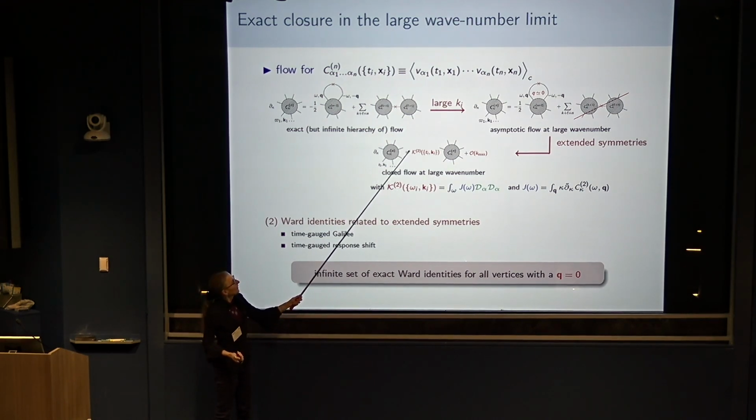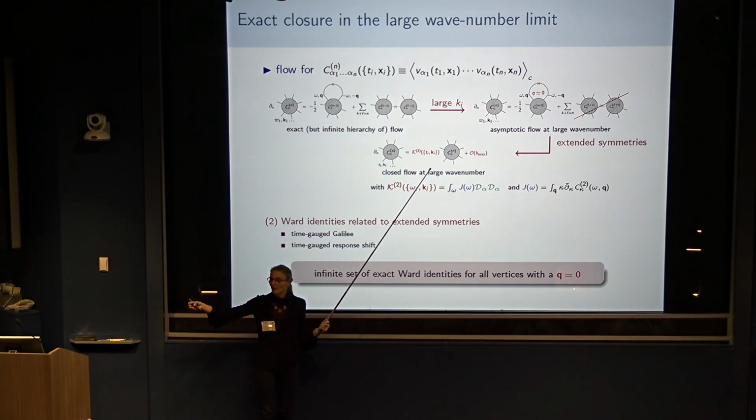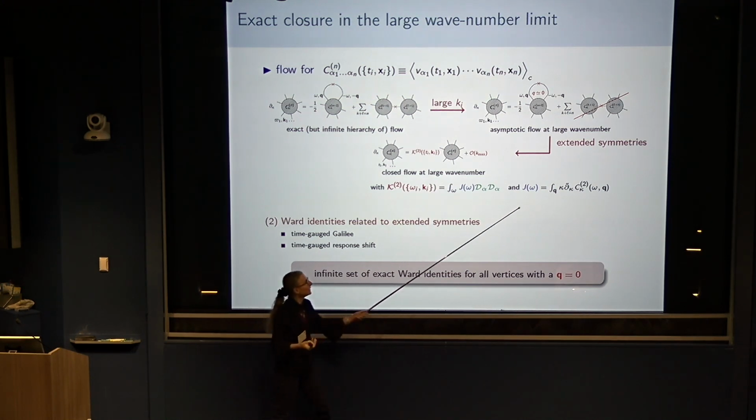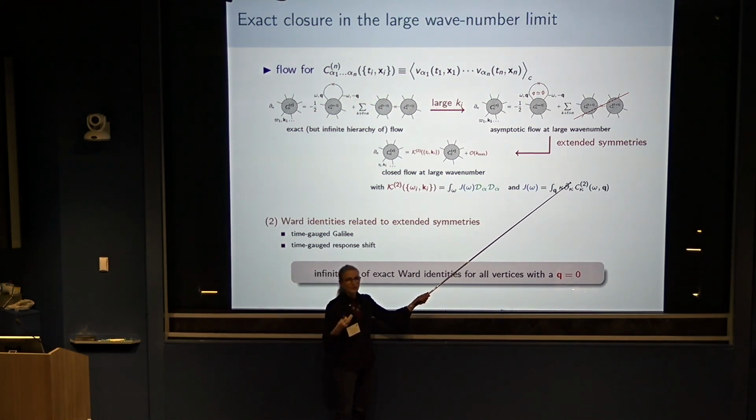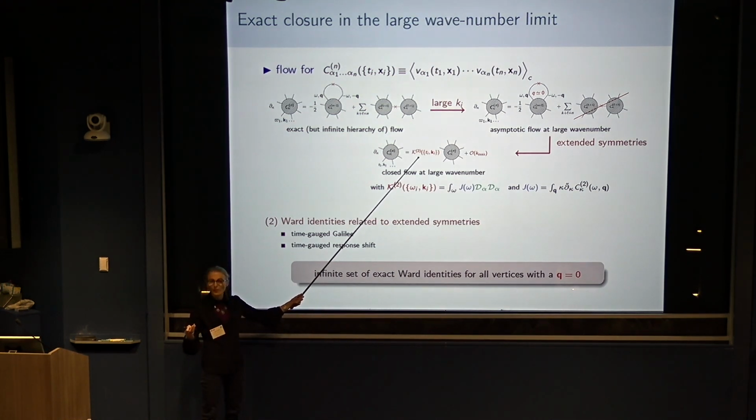Okay? And so you have this kernel here. So you can see that this operator that we had before appears, but it's not important. It's of order k squared. What you neglect is of order k. And also an interesting property is that you see it could depend in principle on the whole hierarchy, n-1, n-2, and so on, but it does not. It only depends on the two-point function. So it means if you know the two-point function, then this kernel is the same for any n-point function. And this is the reason why you have the same coefficients in all of these functions.